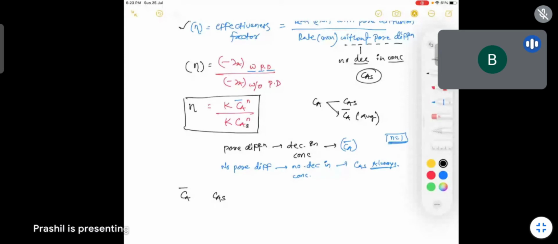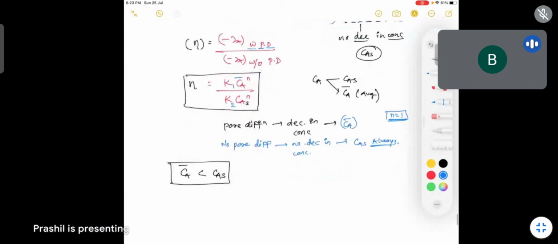CAS will always be at a higher value, right? And why did I consider K here? Here K is, you can say, an isothermal condition, so you can cancel it out, or you can take K1 and K2 here, no matter. If there is an isothermal condition, there will be no effect on temperature, so there will be no change in K1 and K2. So you can write the efficiency when there is an isothermal case and n is equal to 1